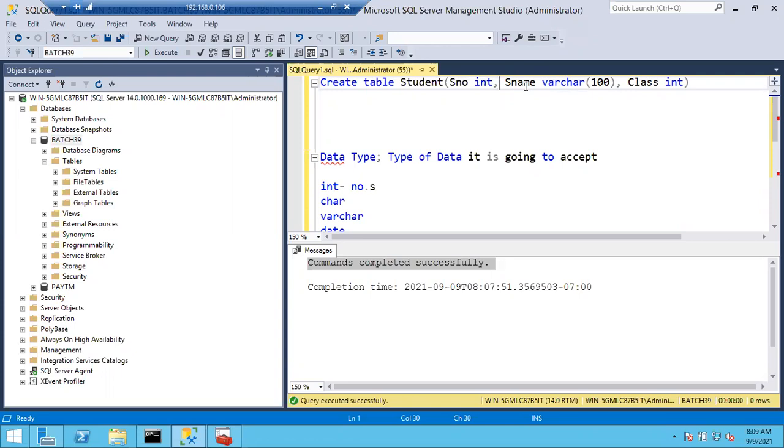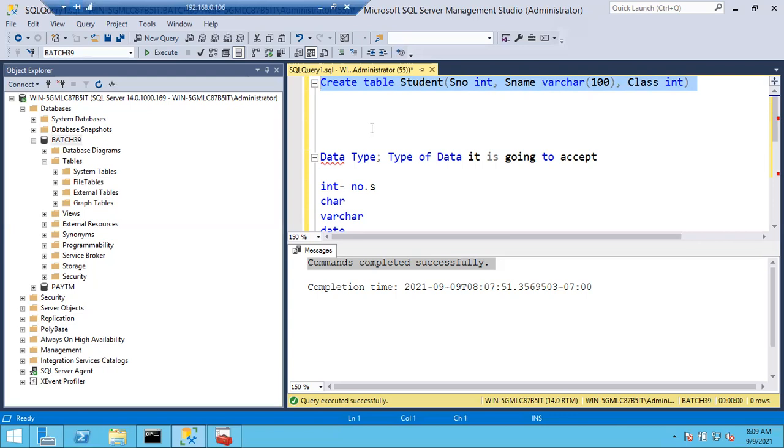If you run that query, it will throw the error. So without running the query itself, we can easily identify there is an error in this script by using the red line. If errors are there in the script, you cannot execute it. A single line we can call a query; if we have multiple lines, we can call it a script.